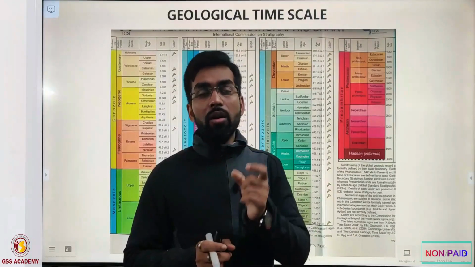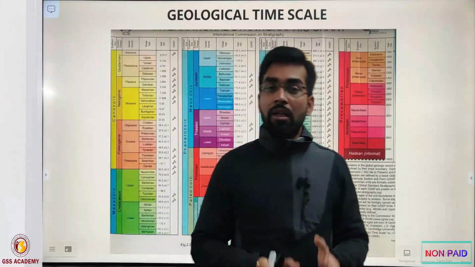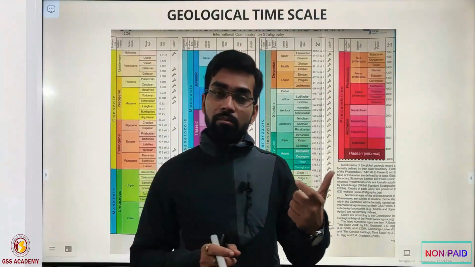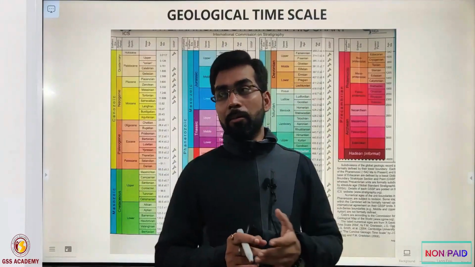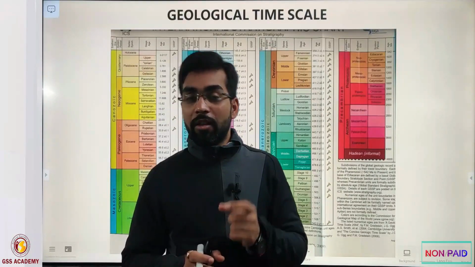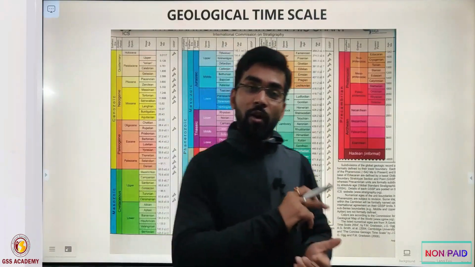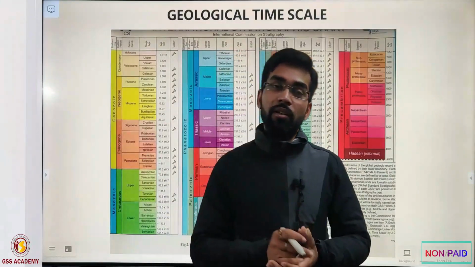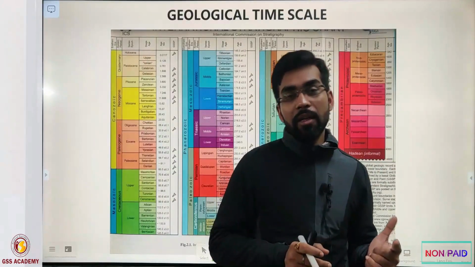That means overall you can understand that by the end of 3.5 billion years, life is already there on the earth. So the history of life on the earth is older than 3.5 billion years, but the oxygen that is present today on the earth comes around 2.5 to 2.7 billion years. So there is a long gap between the existence of life and the existence of oxygen on the earth. First of all, life already existed.